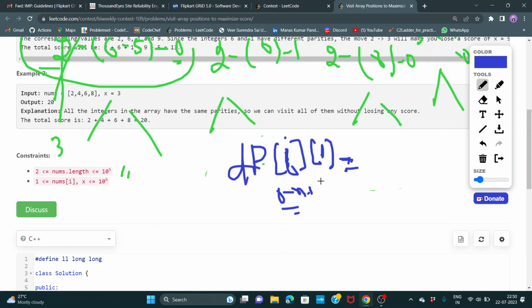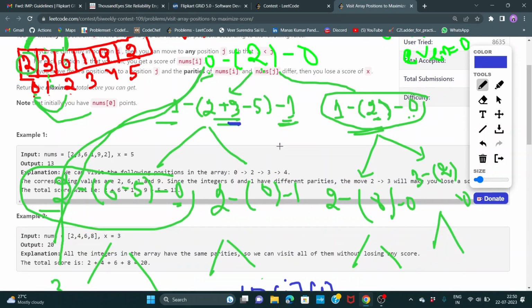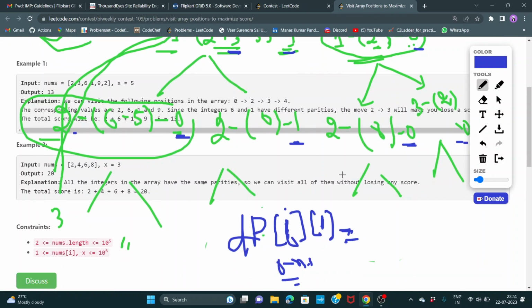and for every index we have two options, either 1 or 0, or sometimes even a single option. But what is the maximum possibility for an index? For an index the maximum possibility is 0 or 1, or even a single possibility. That's why I have taken this value as 2, and 1 is 0 and 1. Okay, so now